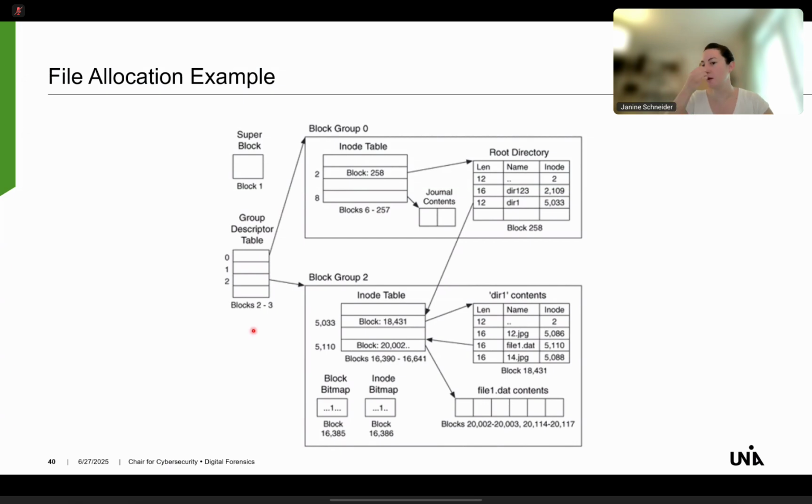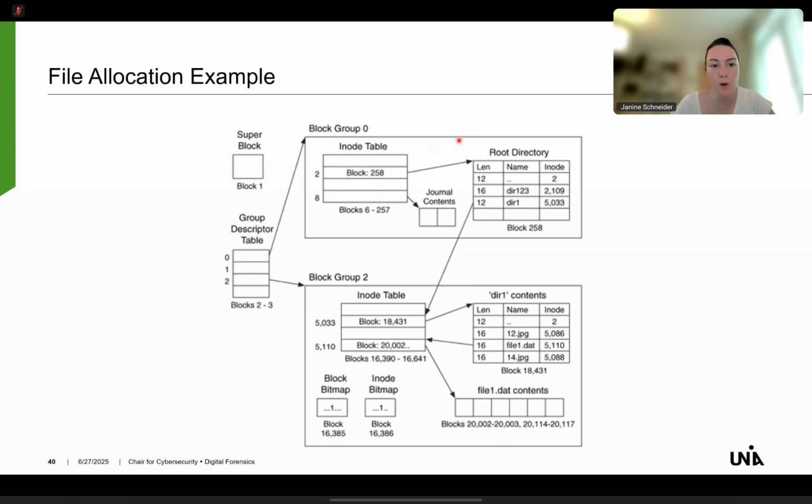Yeah, this tells us something about the layout of each block group. Now we have to locate the directory where we want to put in our new file. So in order to do that, we have to search for the root directory. So we have to process inode 2. So where we are now,